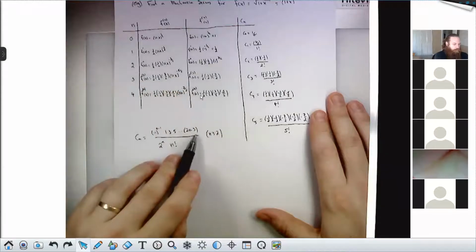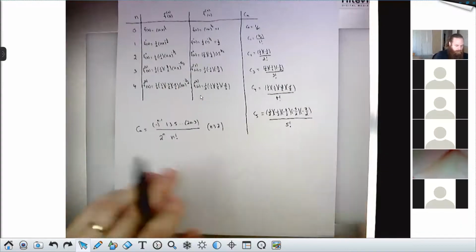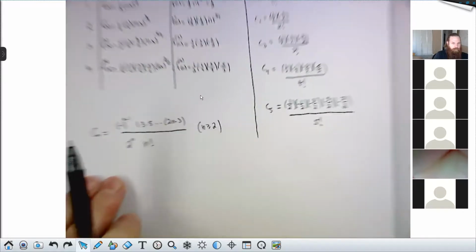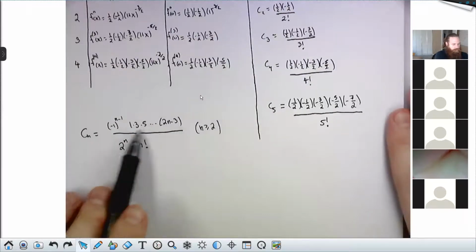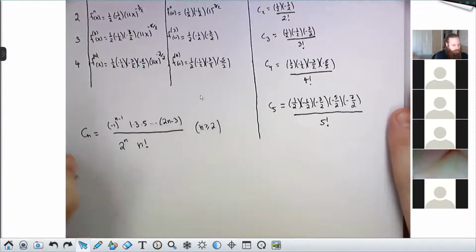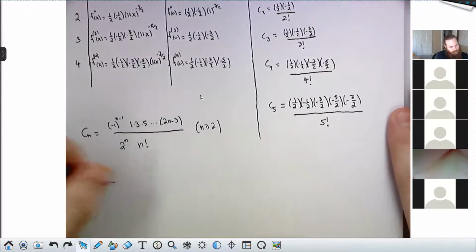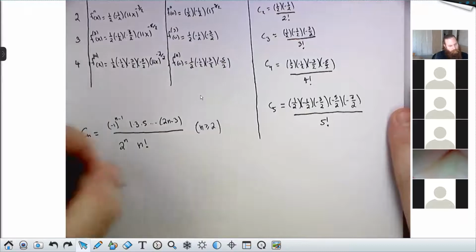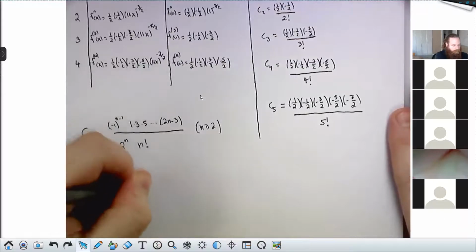You remember when we saw products like these way back in the section on the ratio test? The reason we showed products like these back in that section on the ratio test was so you'd be able to handle them here. So if I finish writing the result on this page, it was